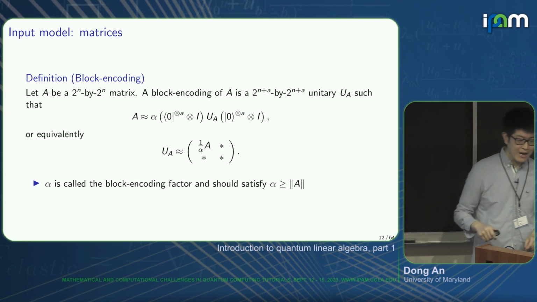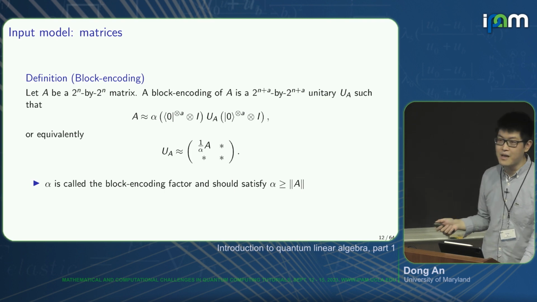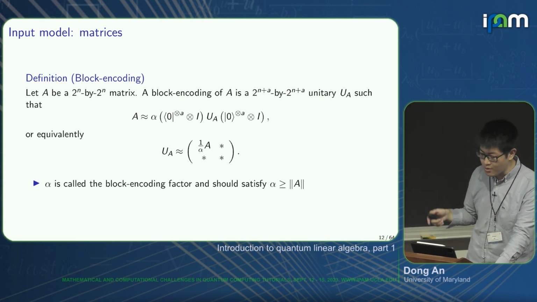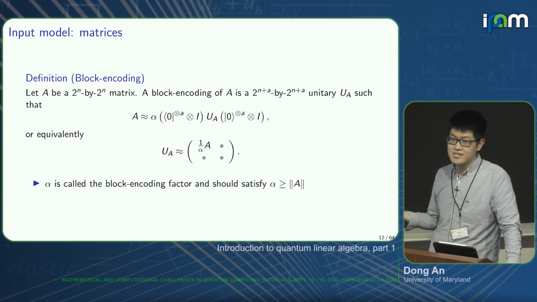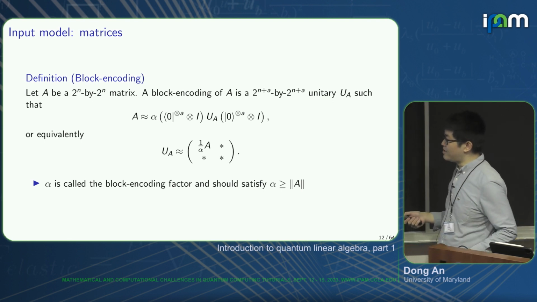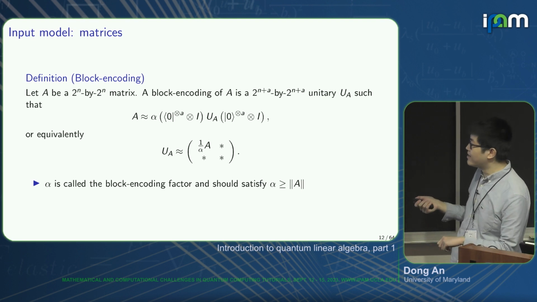The goal of the block encoding is to input a general matrix into the quantum device. Assume that we have a matrix A, which is a 2 to the n by 2 to the n dimension matrix, and it need not be a unitary, so it can be a general matrix. Then the definition of the block encoding is